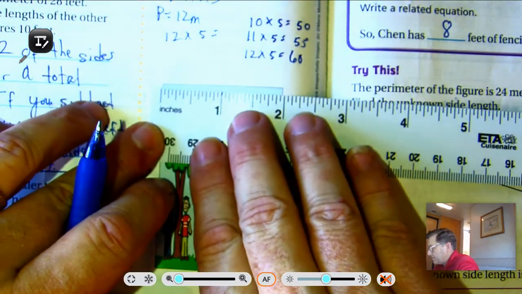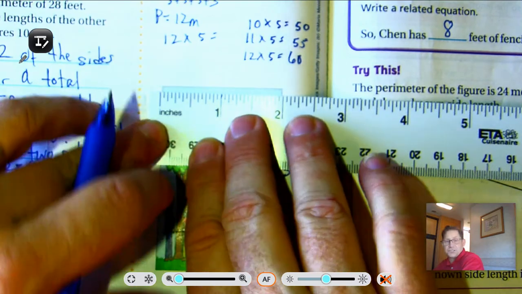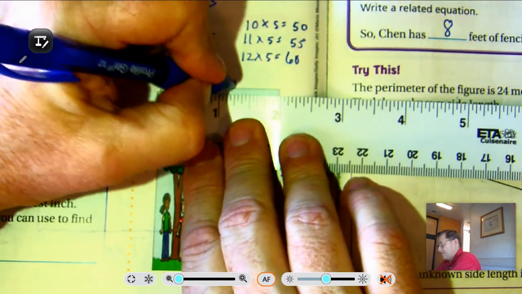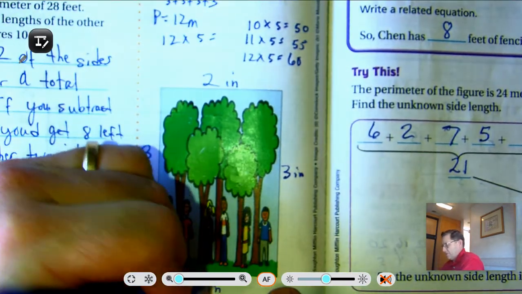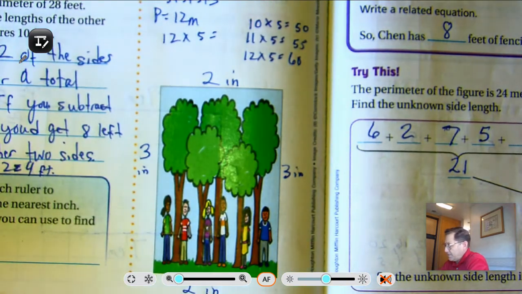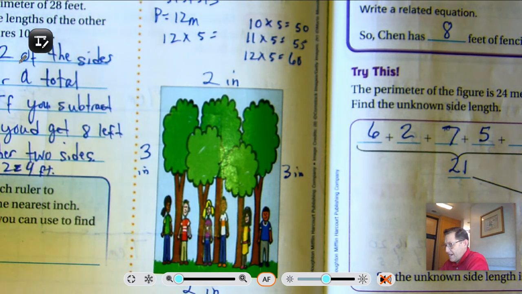If the top is 2 inches, the bottom is 2 inches. So our equation would be 2 plus 3 plus 2 plus 3. So the perimeter would be 5 plus 5 for a total of 10